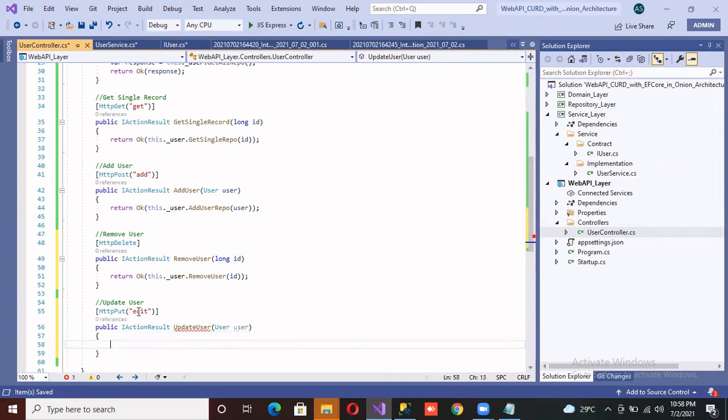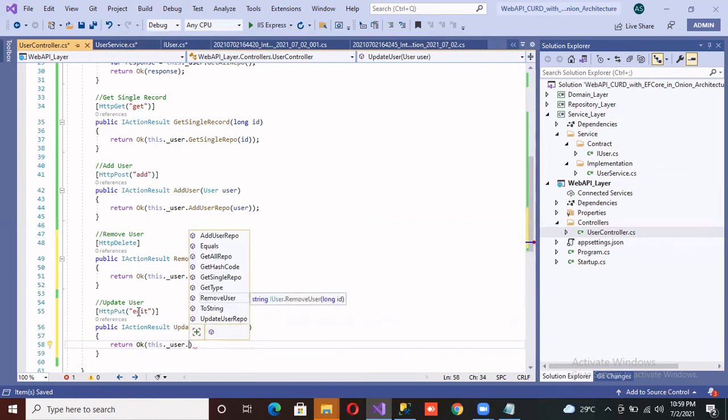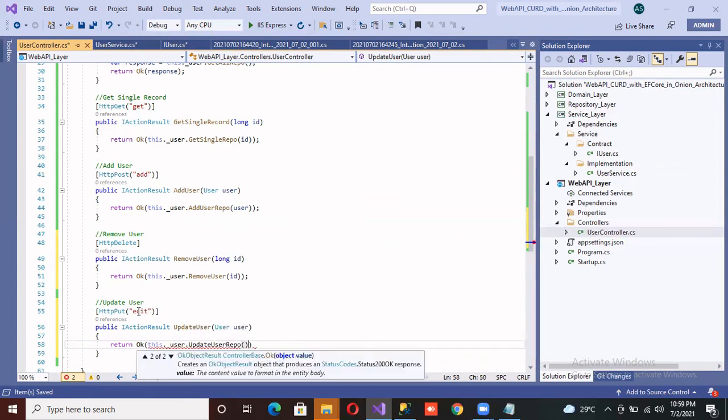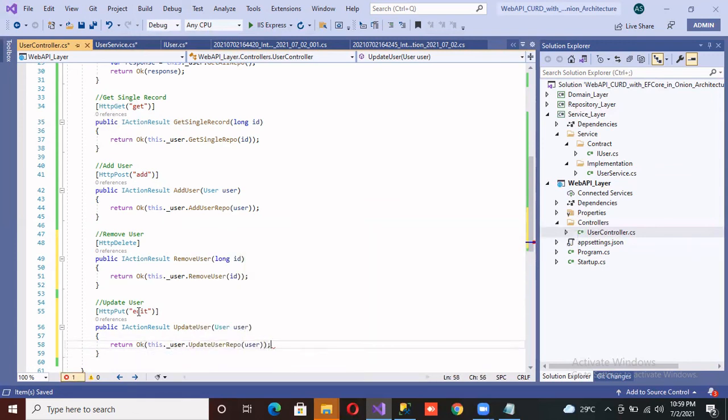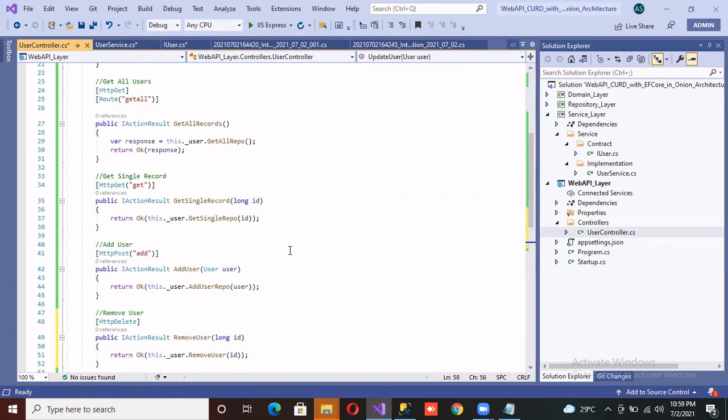Let's say again, I'm just going to return this dot user dot update, and inside of the update we need user. Okay, we are done with the controller.